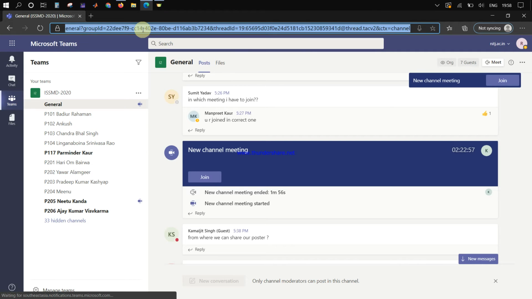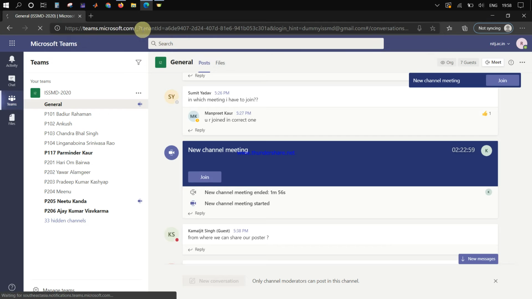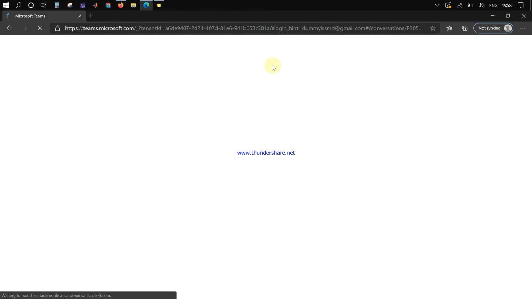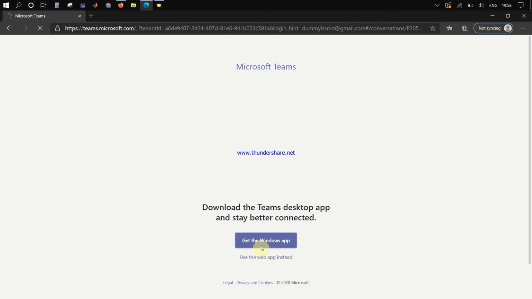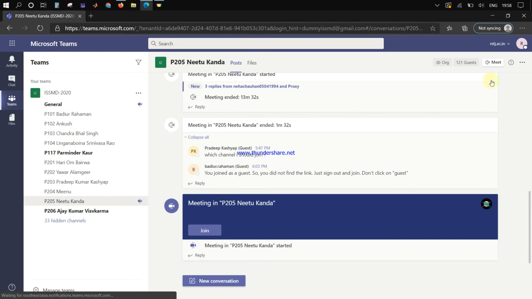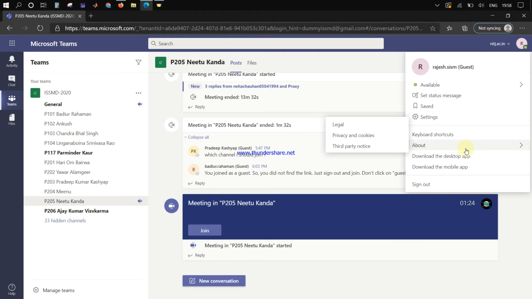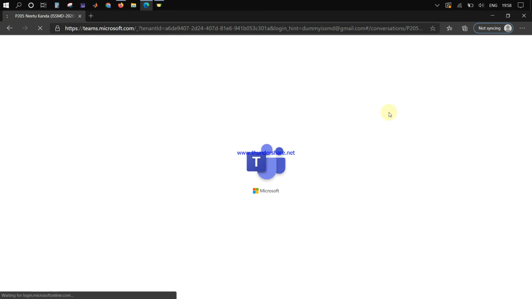Microsoft Edge. Edge basically supports this, so that's why I am here. Now I am using the web app and the email ID is different, so I am logging out.